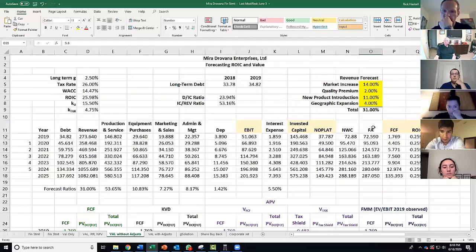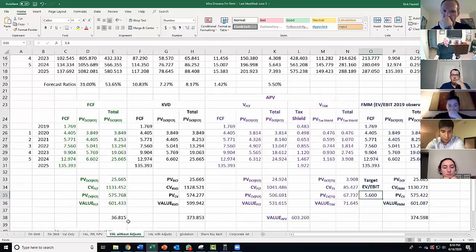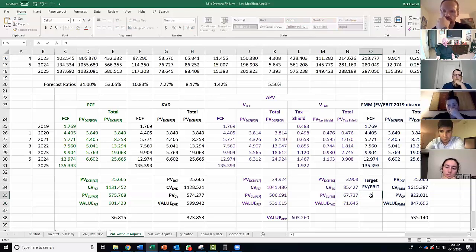Remember what I said we're missing when we use just the Gordon growth or just the KVD? We're missing some of the dynamics of growth. And remember me telling you that the multiple itself is a growth instrument? If I move this up to maybe 8, will it get me close to the 600? Maybe closer, maybe 9 is closer. Yep, a multiple of 9 applied in a single stage multiple would have gotten me close to that 600. But a multiple of 9 would be reflective of a higher growth rate.